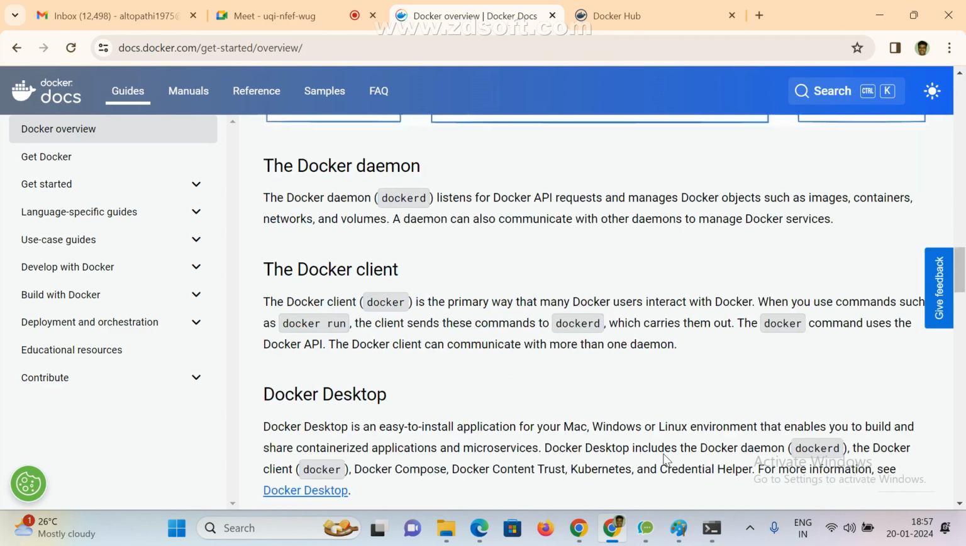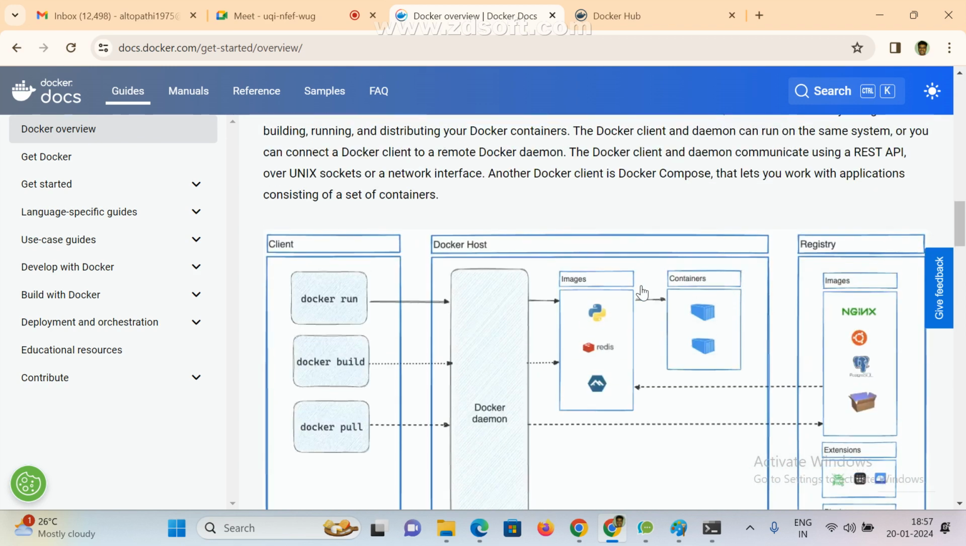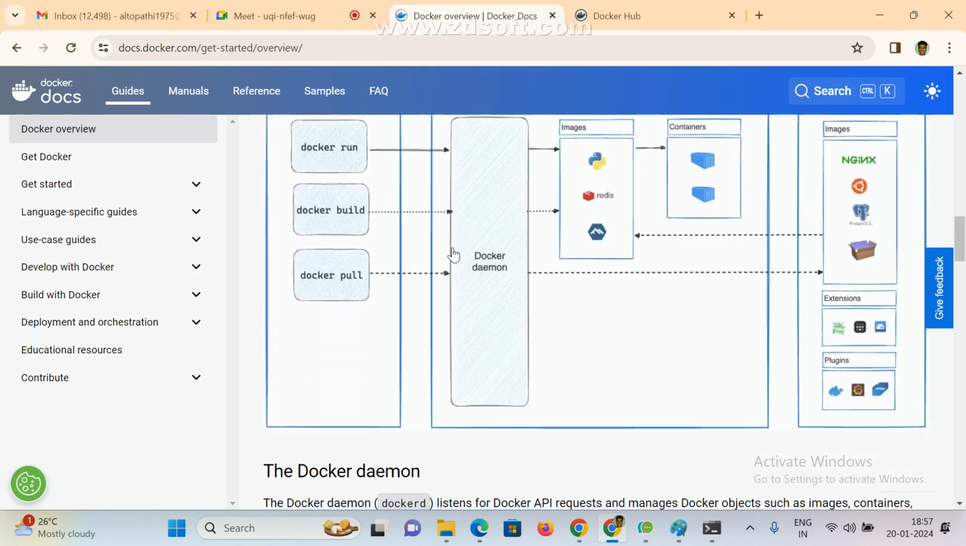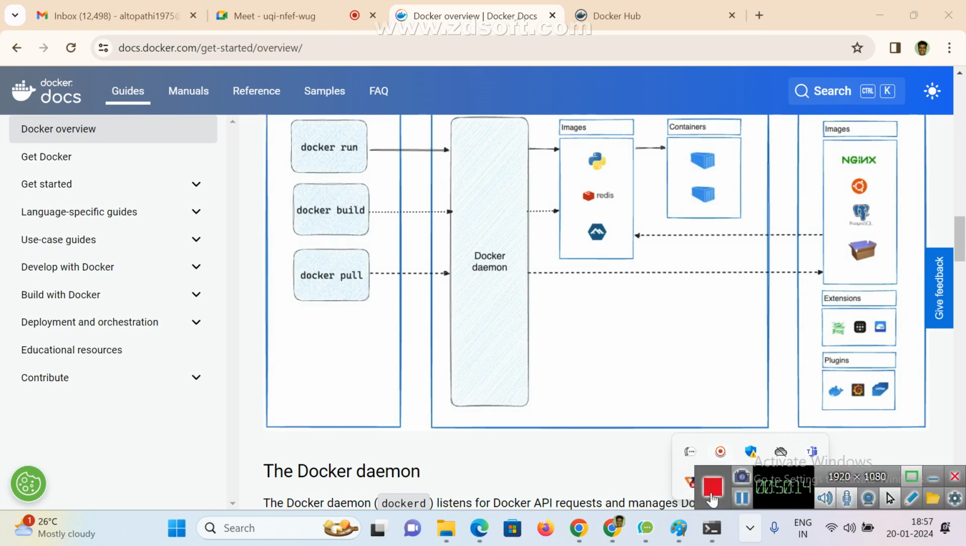Clear? Yes, sir. Okay, so next class I will set up Docker and all. Installation is very simple only. And next class I will show you how to install Docker and how to execute a few